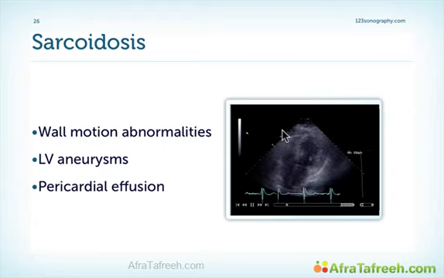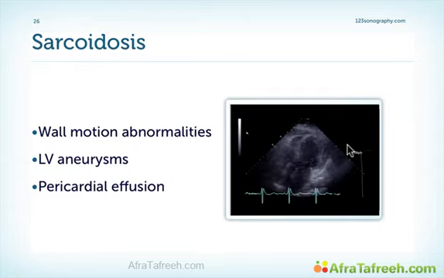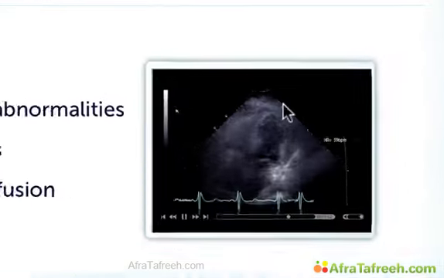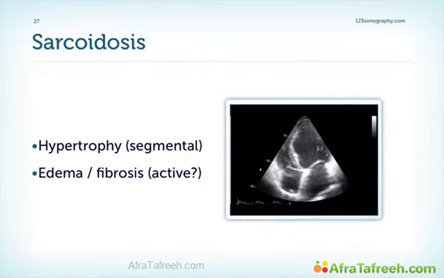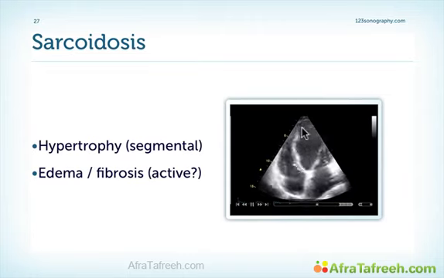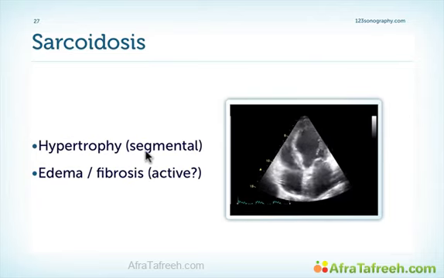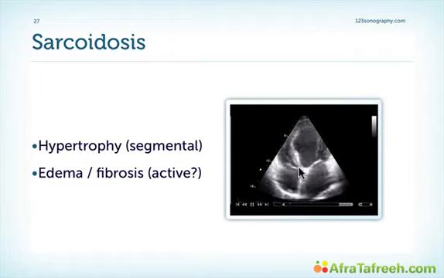So what are the typical features that you can find with echocardiography? Primarily regional wall motion abnormalities, left ventricular aneurysms, and pericardial effusion, as in this case here. Here again we have an example of a patient with regional wall motion abnormalities which often don't follow the typical pattern of coronary artery disease. Very echogenic myocardium, which seems to denote some form of edema. Edema might also be an indication for a more active disease process, and echogenic myocardium caused by fibrosis.